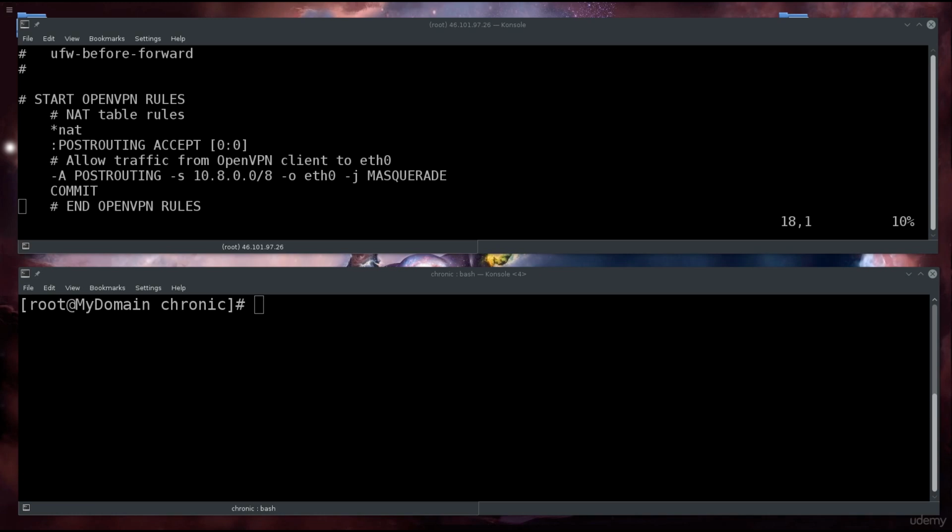Okay, before rules. Let me just go ahead and do a quick check on this. Before forward start OpenVPN. Okay, that's fine. That's a comment. I don't care. And then we have NAT. And then we have allow post routing from that source, which is fine. That's going to be our interface. And the source IP address, the source subnet actually, and the -o is the output, that's the 8080, and then -j